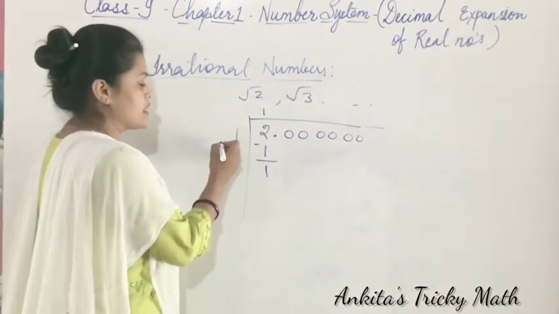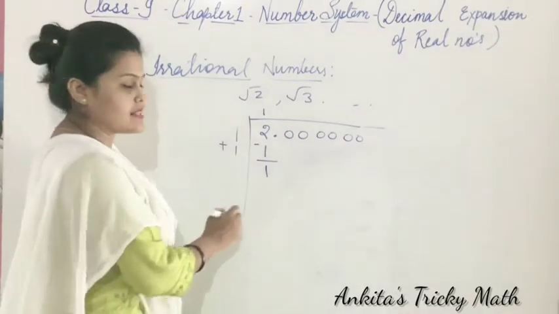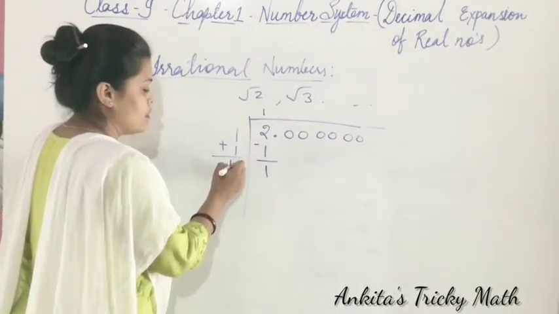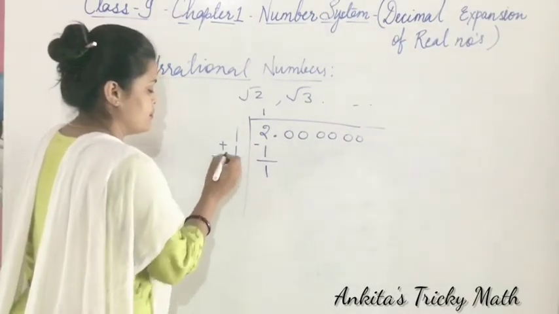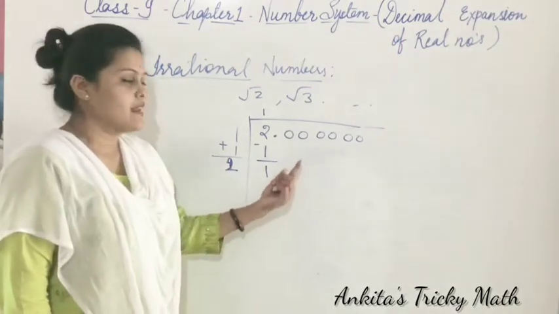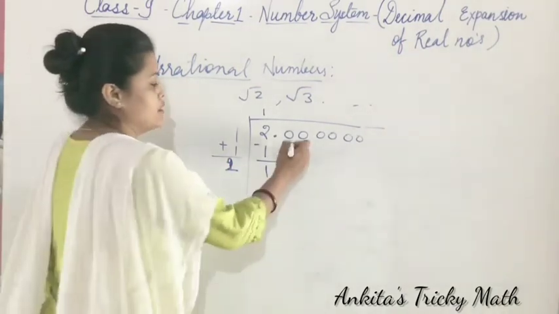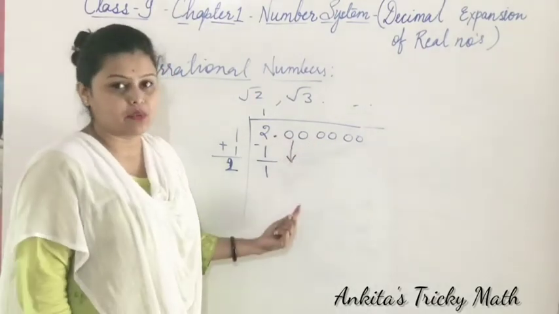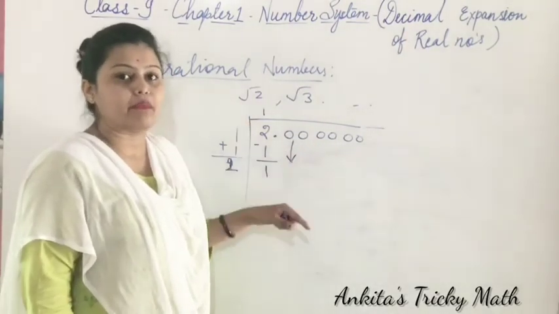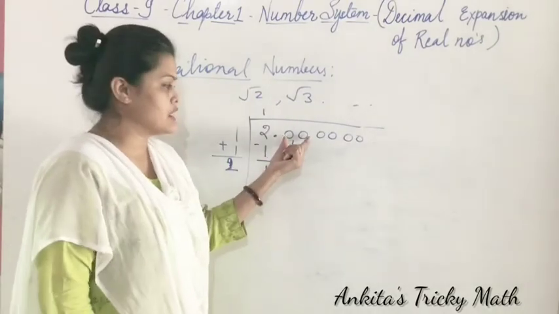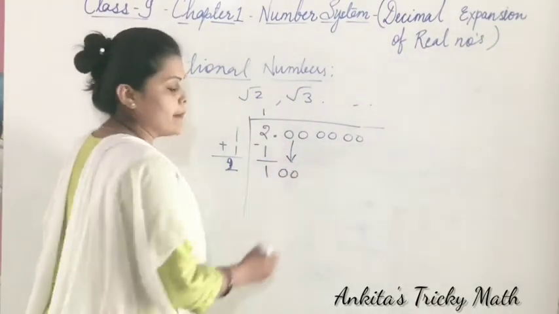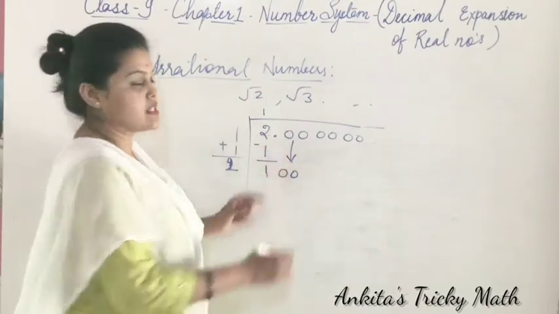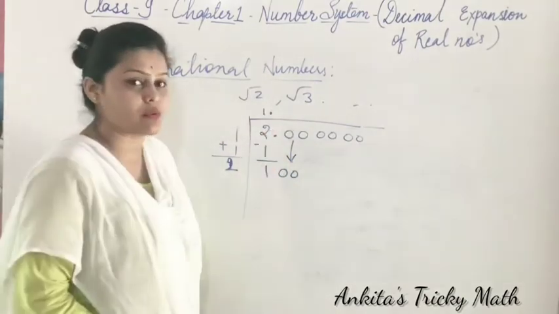फिर यहाँ पर हम क्या करते हैं? 1 में उसी नंबर को प्लस करेंगे. It will become 1 + 1 = 2. Now in decimal what we are doing? The next numbers we are putting down, but यहाँ पर pairs आते हैं down. You cannot bring one number down. We can bring pair only. तो यहाँ 0 0 का pair it will come down. It will become 100. And as here decimal is there, so we will put decimal point here also.